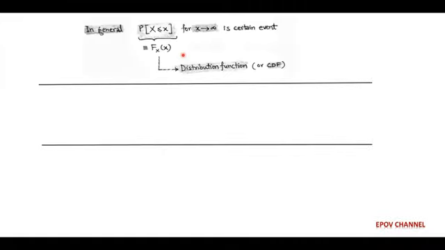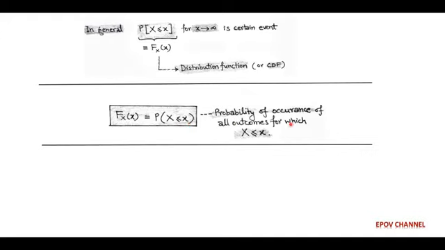In general, we can say that in the cumulative distribution function, that is F(x) = P(X ≤ x), the event X ≤ x may become a sure event as x tends to infinity. Now the probability distribution function is defined as the probability of occurrence of all the outcomes for which capital X is less than or equal to small x, and it is the relationship between the representation of discrete random variables and continuous random variables and is called the cumulative distribution function.